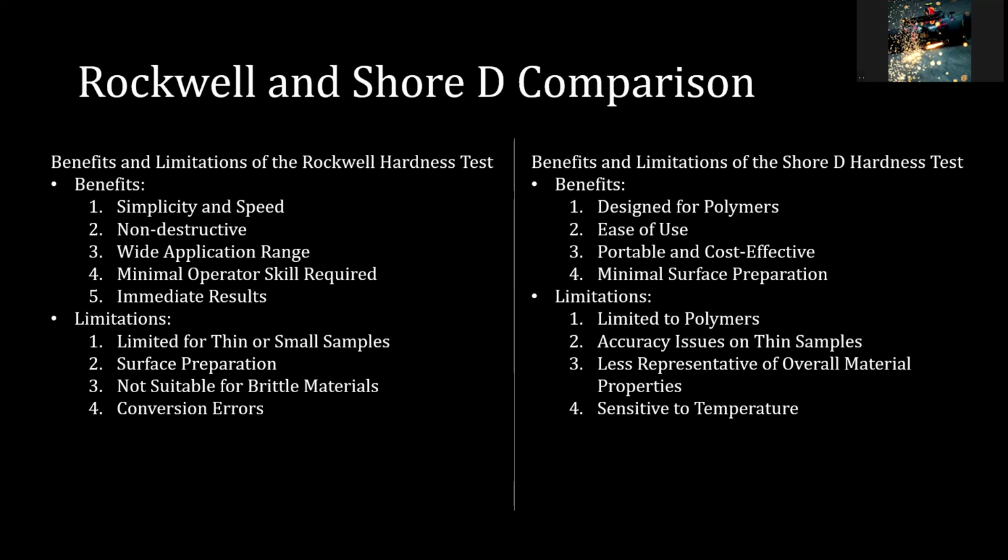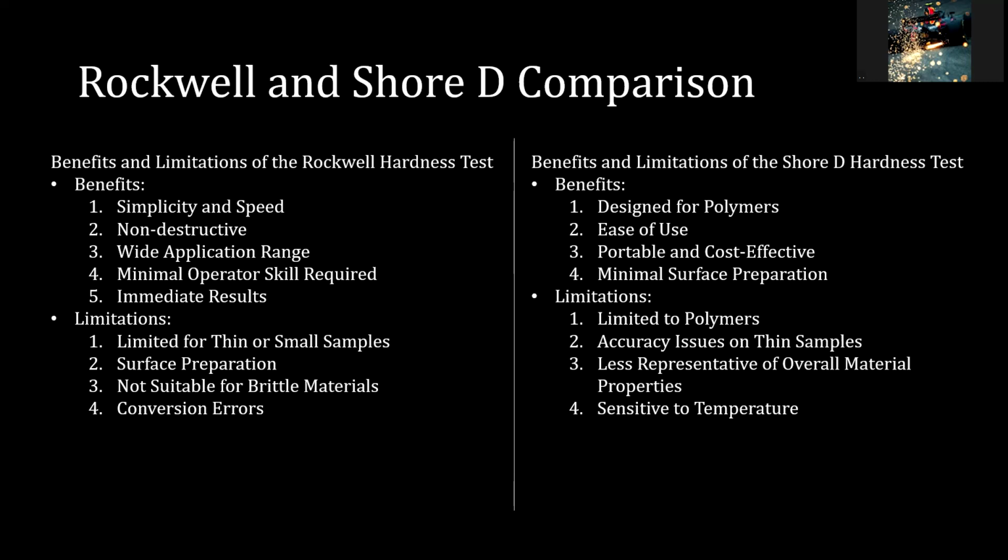The Rockwell hardness test has several benefits. Firstly, the method is non-destructive, meaning the material remains usable after testing, and the results are immediate and don't require complex instrumentation. In terms of cost, it is more economical than tests like Brinell or Vickers, which require more expensive machines. However, the Rockwell test also has limitations, such as measurement error in depth, which can affect the accuracy of the result. Additionally, it struggles to differentiate between very hard materials and can be sensitive to surface contaminants.